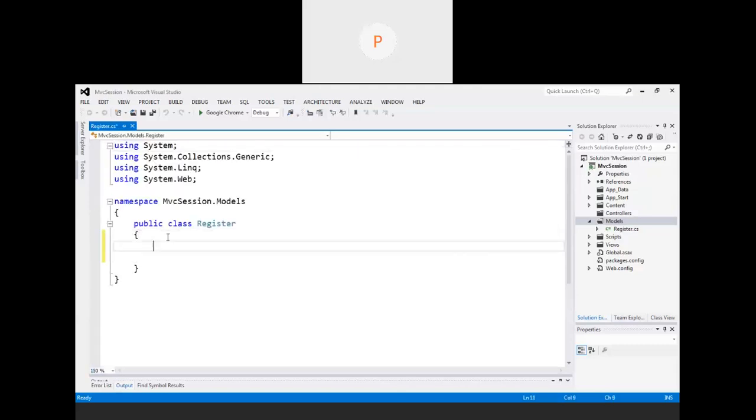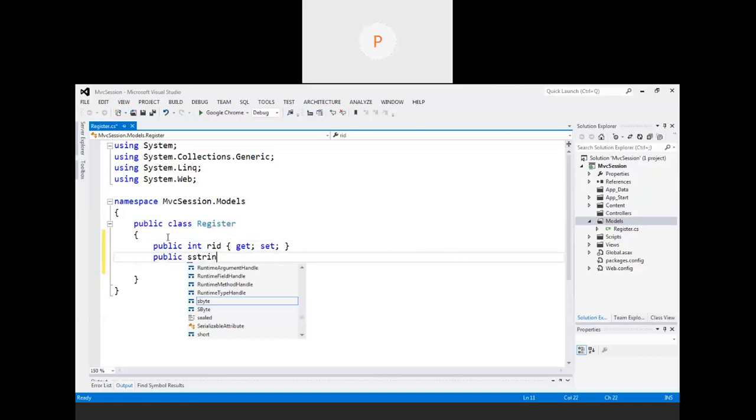Okay. So public int RID, its getter and setter. In the same way, I will say public string name, again its getter and setter.